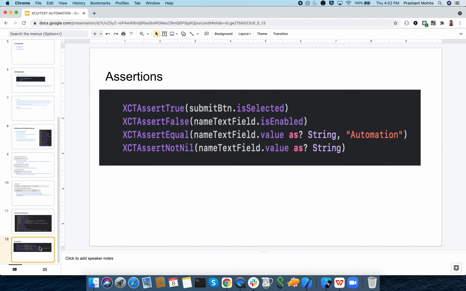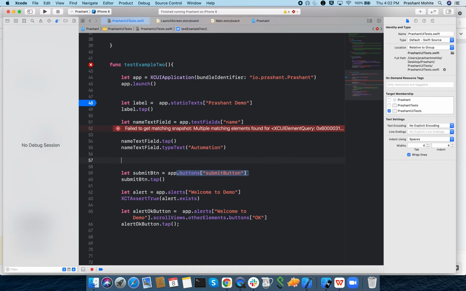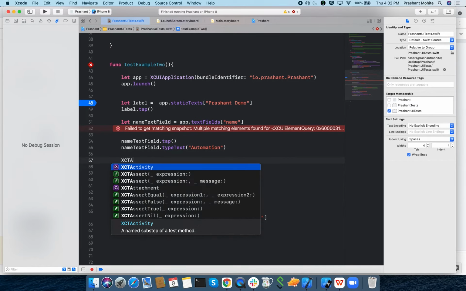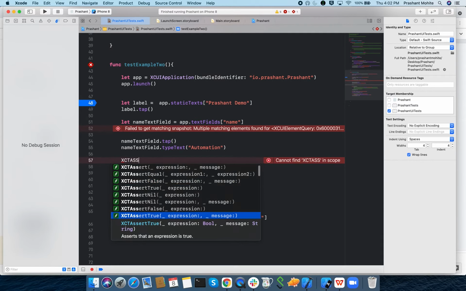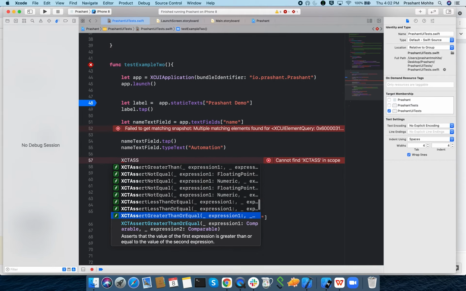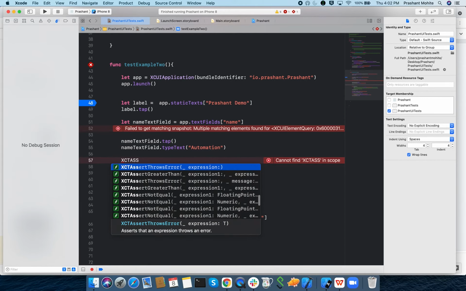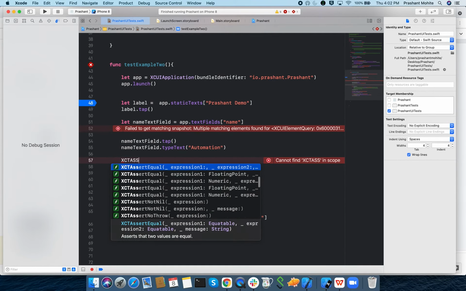There are lots of assertions. If we put XCTAssert, see, lots of assertions are there. By these you can add assertions in your test scripts.